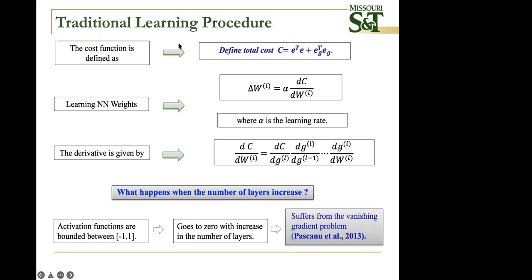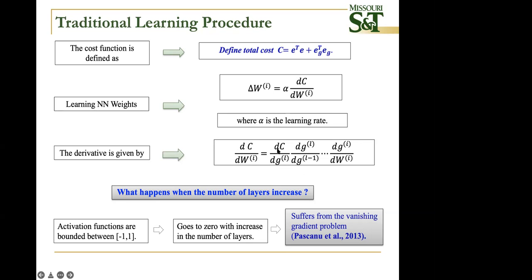So traditional learning, we talked about backpropagation or stochastic gradient descent. Here we use that same cost function. So what are we trying to come up with? The change in the weights is basically proportional to the partial of the cost with respect to the weight. This is what we call stochastic gradient descent, where alpha is the learning rate. Now when you're talking about more than one layer of weights, we're going to use the simple chain rule, right? Or product rule. We learned this in high school math, and we also learned this in your first year. So we learned this, the partial of C over partial of W i.